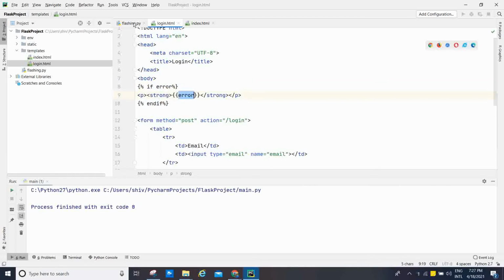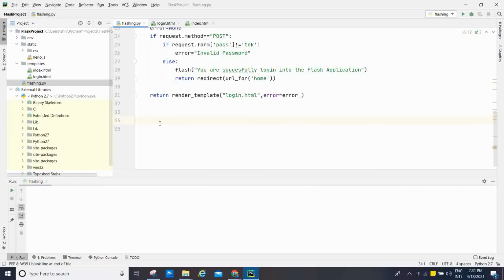Okay, now after that, if __name__ double equal to '__main__': app.run and debug equal to True. Okay, now let's run this application.